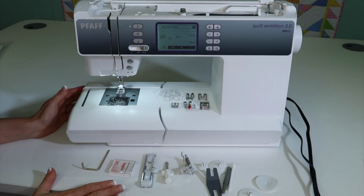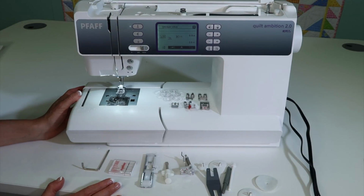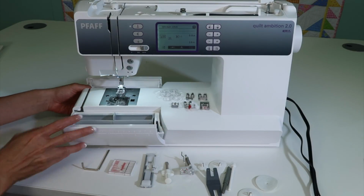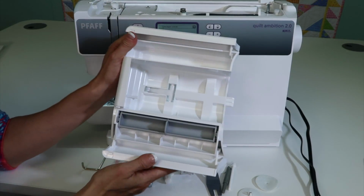There is a fabulous collection of accessories that come with the Pfaff Quilt Ambition 2.0 sewing machine. So I'm going to show you what comes with it and then kind of where they all fit. So in the accessory box, which by the way you can slide off, and you can notice that there's little